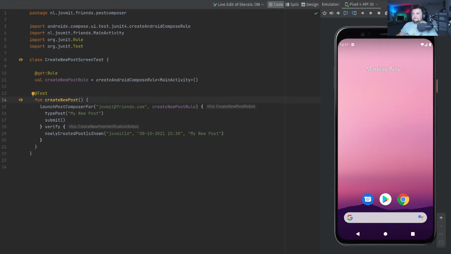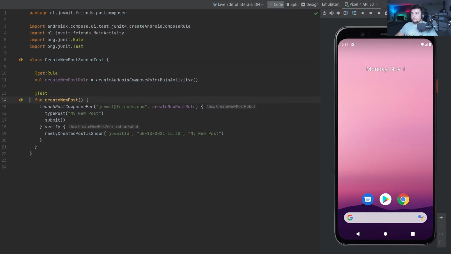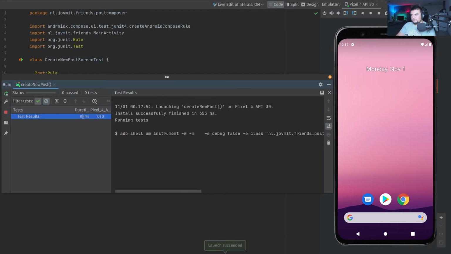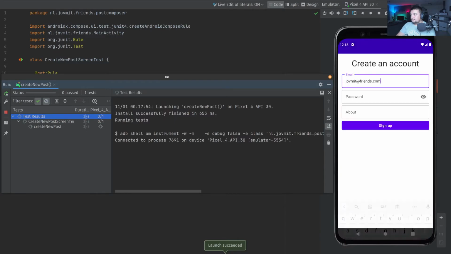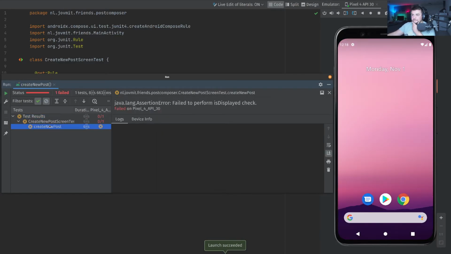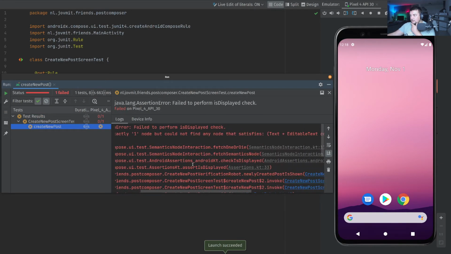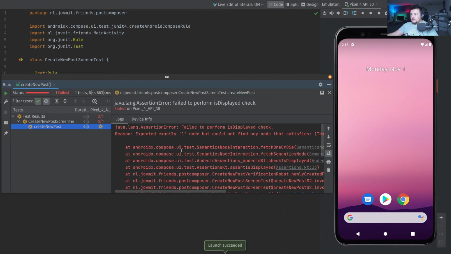So now I think this is gonna work. This is gonna be fine. Let's see if that works. All right. Yeah, so now it is not shown. And it is not shown